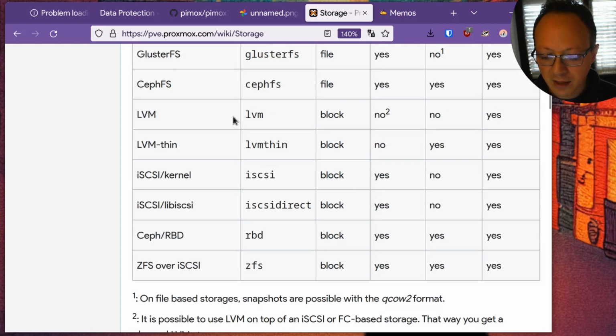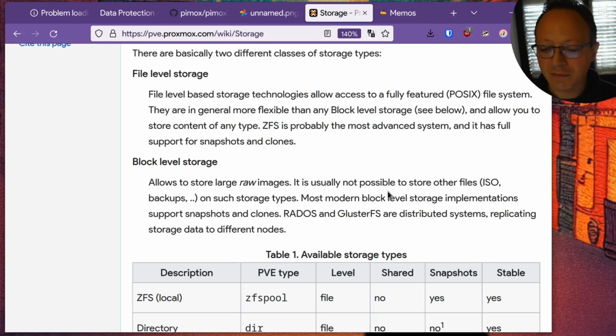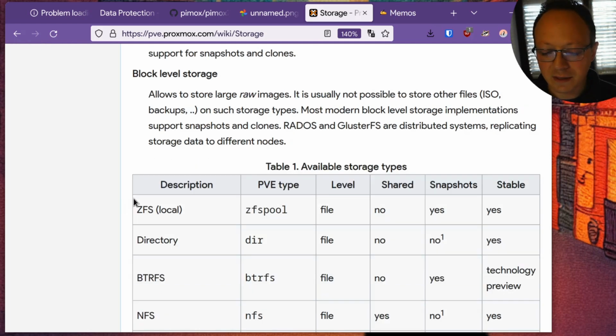And other file systems are for other kind of use cases. You could also use LVM Thin, but it can't be used for every kind of data. So I think the best choice for both operating systems is to use ZFS file system.